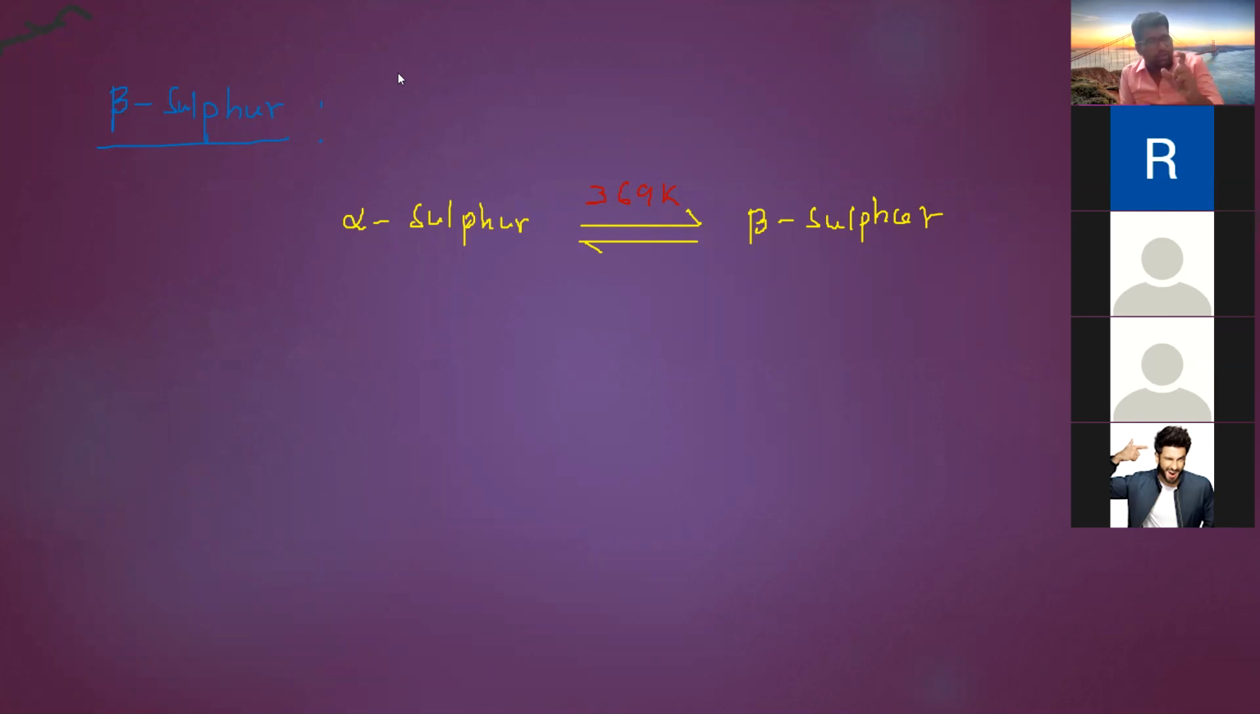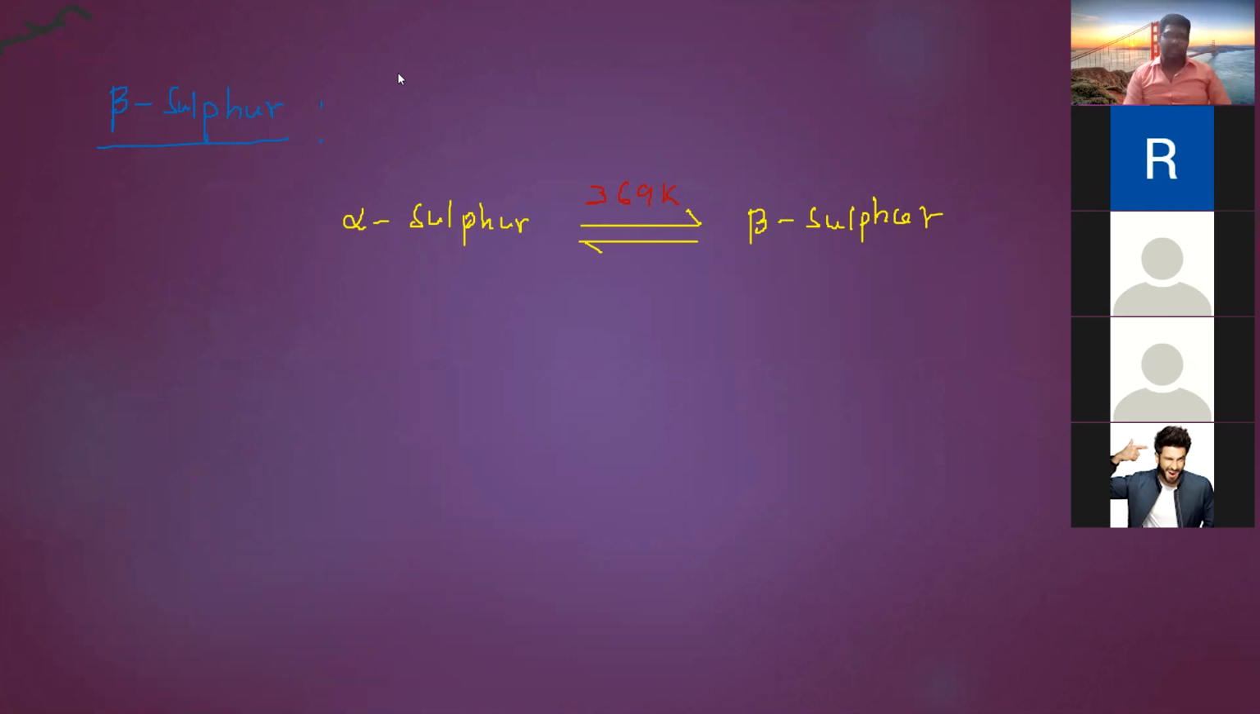This already came in the fifth group elements, like phosphorus, which has allotropic forms. White phosphorus can be converted into red phosphorus by using a certain temperature, that is called the transition temperature. So what is transition temperature? One allotropic form can be converted into another form by using a certain temperature, like 369 Kelvin. This temperature is known as the transition temperature of